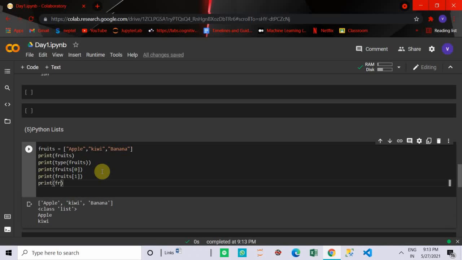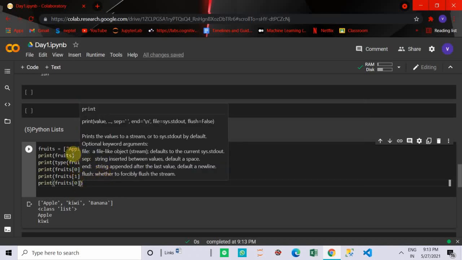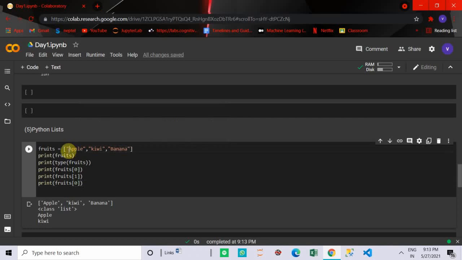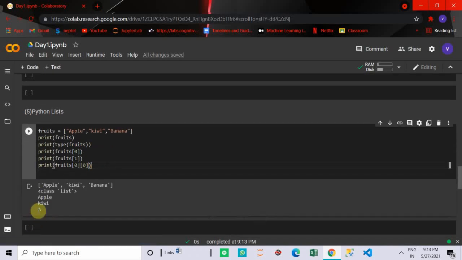Fruits zero zero gives a as output. So we can access the first element, and inside that, if we have a string, we can index it again.